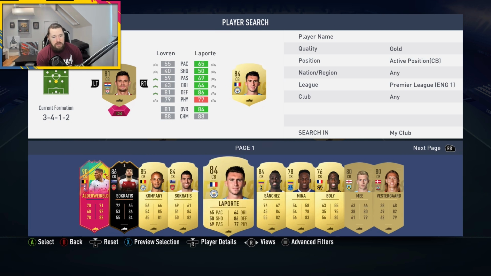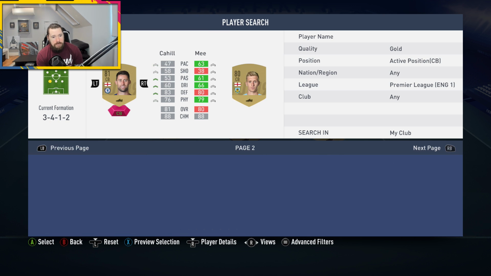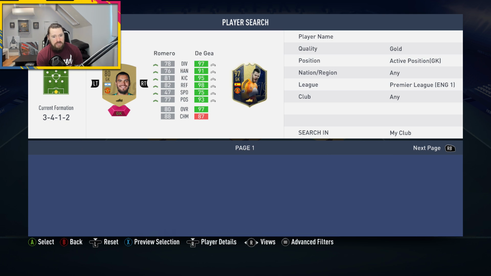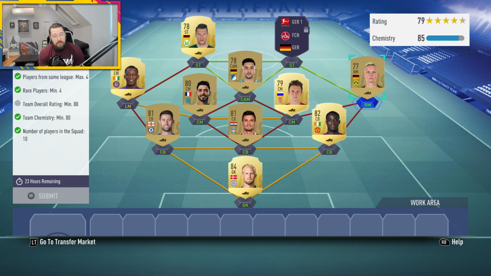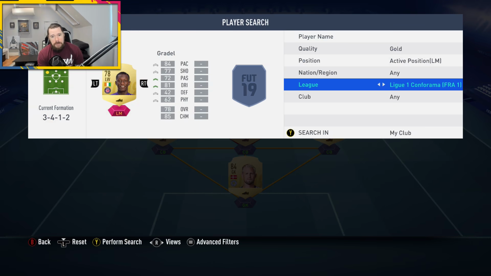What do we have available? I just don't want to use. Maybe I have a goalkeeper from the Premier League, like one of the 83s or 84s, like Kepa or something. Yeah, Schmeichel, there you go. We'll throw him in. That's got to be it. That's not even enough. That's mental. That is absolutely mental. I already have 4 rares now, though, so we can get rid of Gradel for hopefully